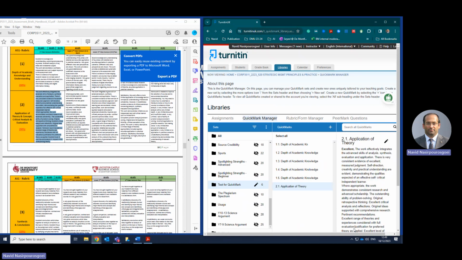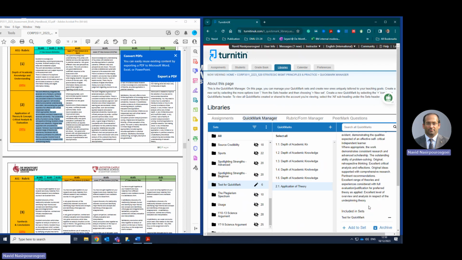Now for each marking criteria, you will set up, let's say in my case, 5 different alternatives. Once you are reading your assignment, just simply drag and drop. I have got 4 marking criteria. For each criteria, 5 alternatives. In total, I am going to have 20 alternatives in my quick mark. Easily drag and drop. Maybe you are going to spend 1 hour to build your quick mark,